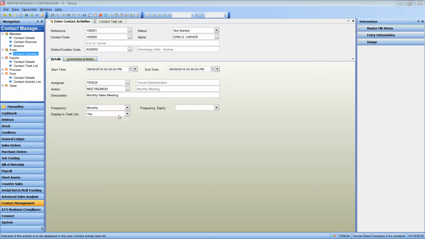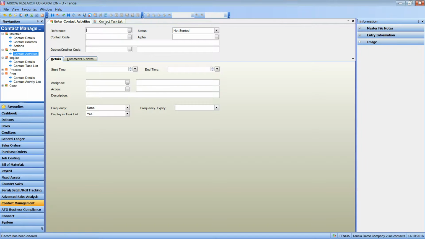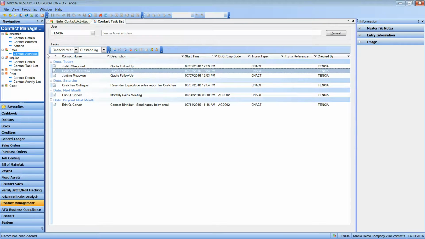Contact activities are flagged with the Display in Task List option. Saving activities with a yes in this flag will have them display in a contact task list. The contact task list is open from the Contact Management module menu or via the Quick Links button on the